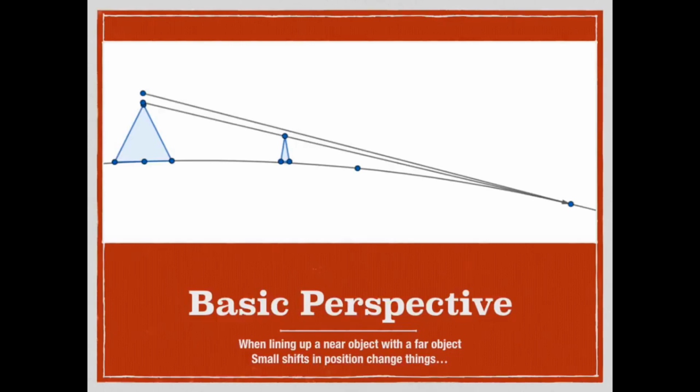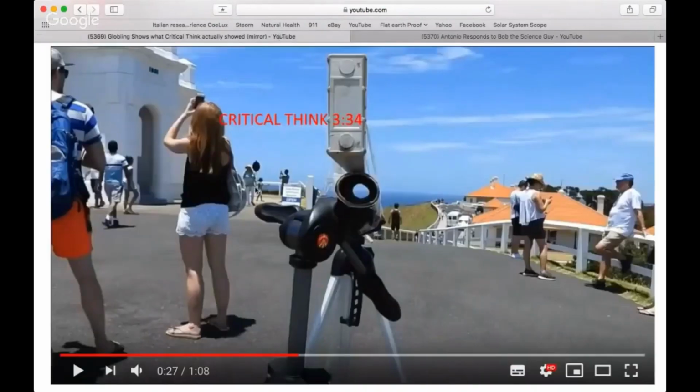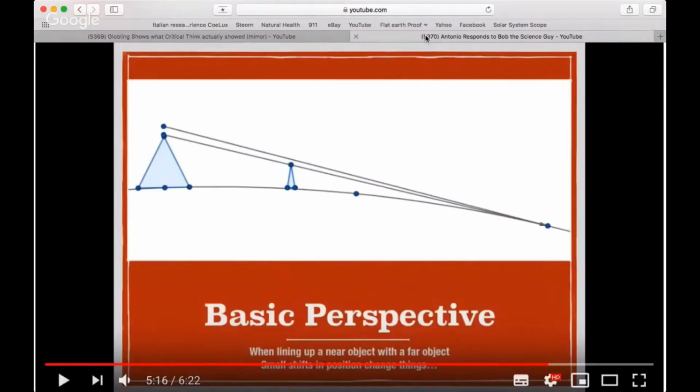If you're looking at the horizon, which is that dot on the right side of this image, from the big triangle on the left side of the image, and you have a small triangle or a building in between you, and you happen to be at a position where you are lined up with a dot on that middle building, and you stand up, you're going to shift your perspective just enough that the horizon will appear to come up a little bit. So this is one globling saying the horizon drops, and this is one globling saying the horizon will rise. So see, Antonio, I told you, you got it wrong.